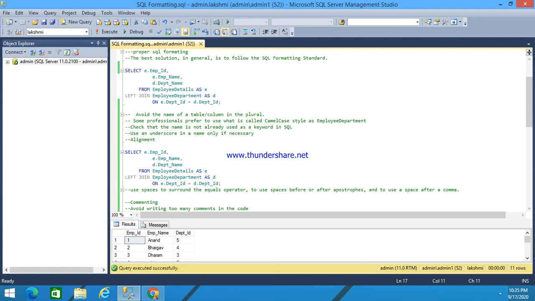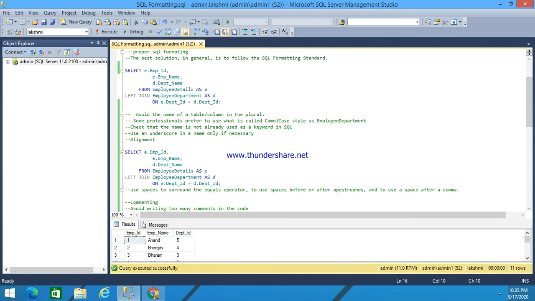And the alignment: first, write keywords on a new line. Every time, the keywords like select, from, left join should be written on the left side, and all the code should be on the right side.